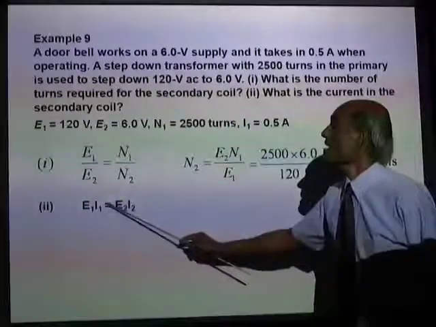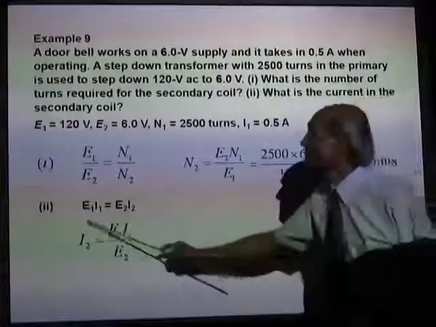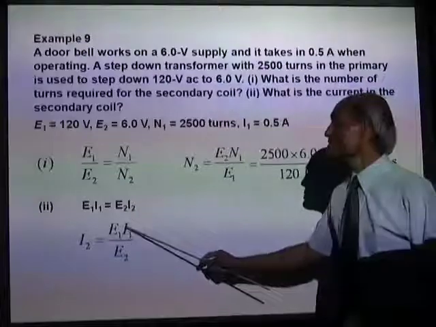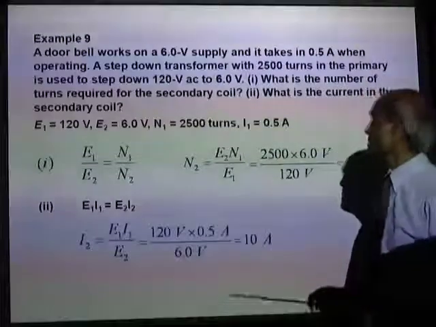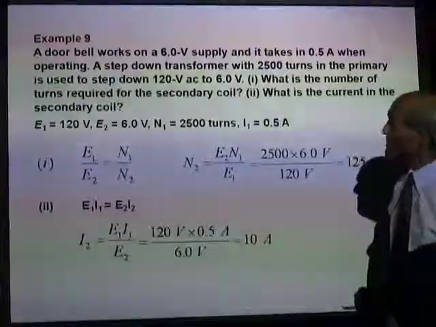And then E1 I1 equal to E2 I2, and that will give you I2, the secondary current, is E1 I1 over E2, which is 10 ampere. Well, that's a very simple problem, and you can actually see applications of this in